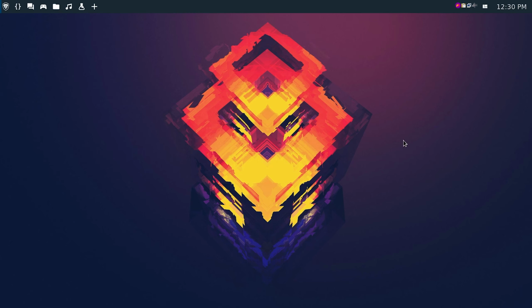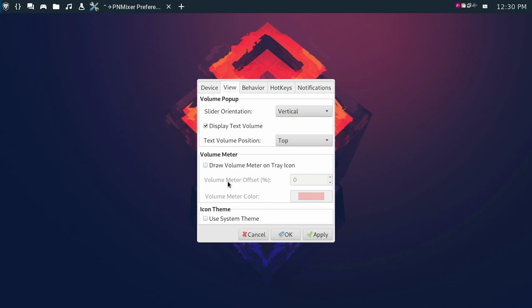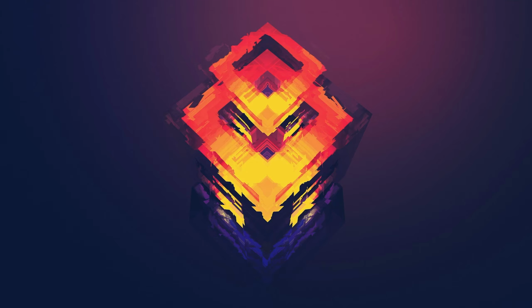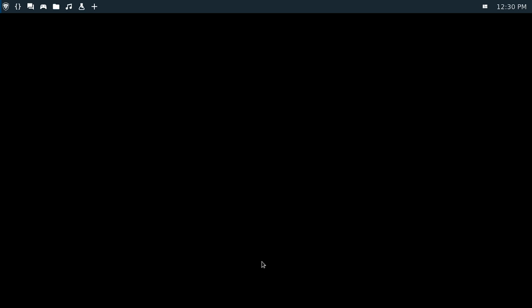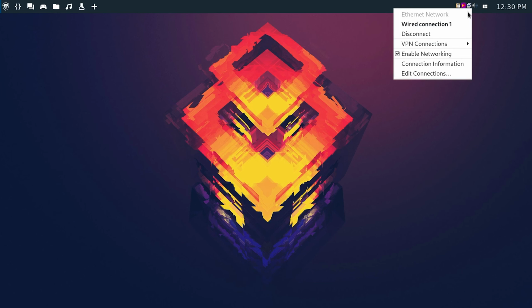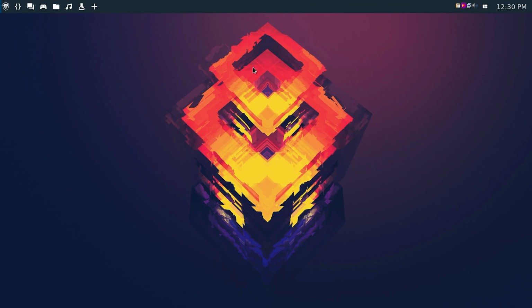Now let me change the icons in preferences. I need to use the system theme and press OK. I'm going to log out again. Control Windows Q to log out and enter the password again to log in. Okay, the theme is not updated.